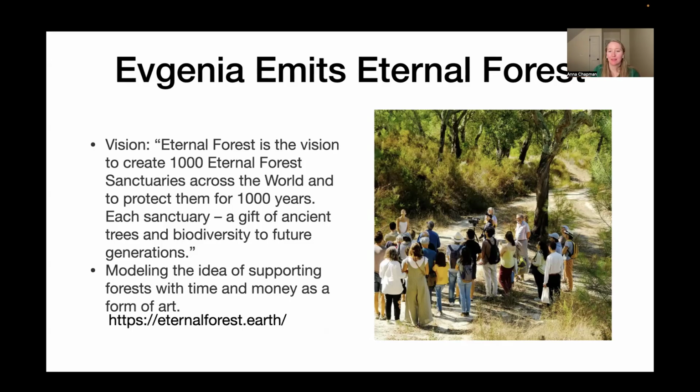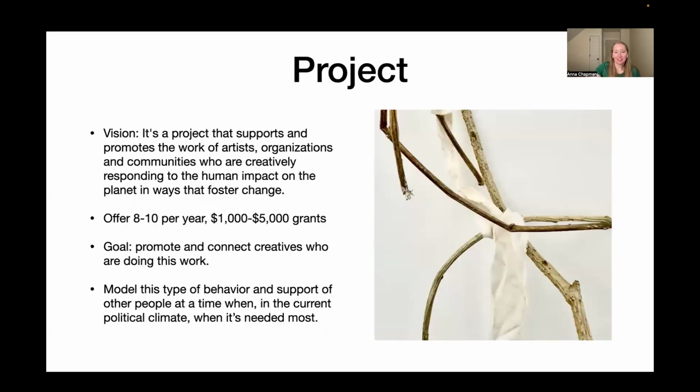I'd love to look up some of the strategies she's using to do that. I would highly recommend looking at her website. It's so inspiring. So I kind of look to that, but I don't want to do something exactly like that. I'll describe what I'm thinking about, and then I have questions for everyone to help me think through it.